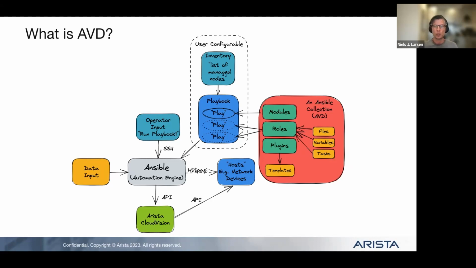How should we configure MLAG? How should we configure PTP? Or all the other variables that are relevant whenever you start to configure a network from scratch. We have taken a lot of decisions for you. You can override those if you don't like it, but if you go along with our recommended ways, you have a lot less work to do.